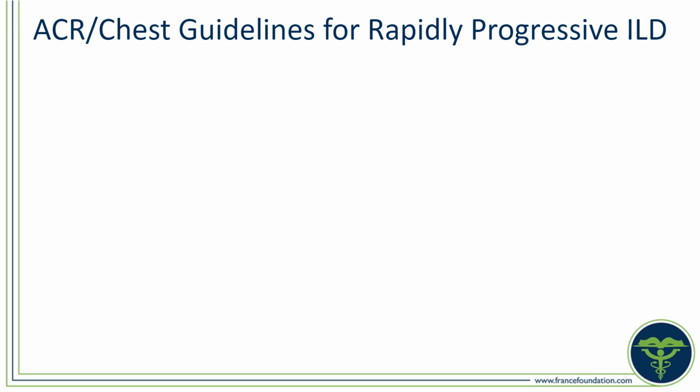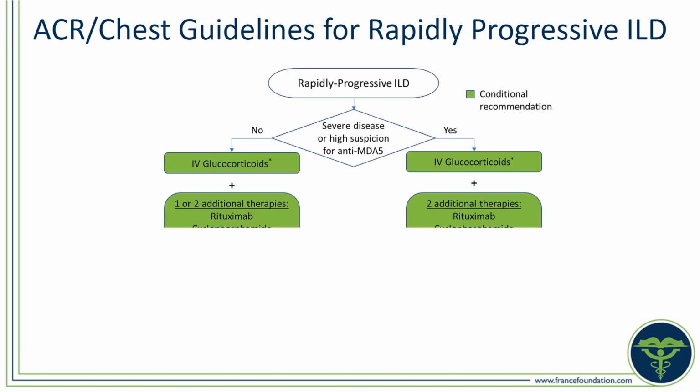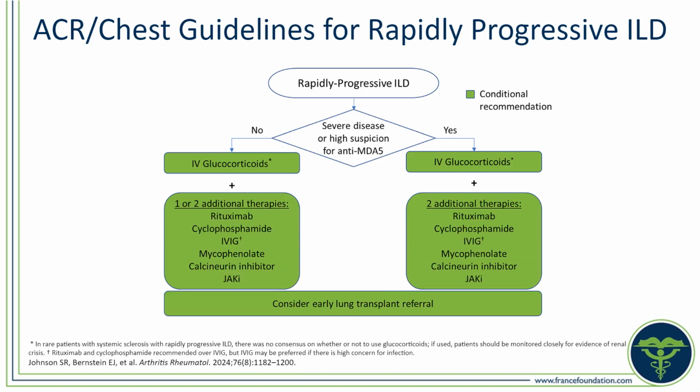Let's review the ACR chest guidelines for rapidly progressive ILD. For patients with rapidly progressive ILD, pulse intravenous methylprednisolone is indicated as a first-line treatment. For patients with SARD and rapidly progressive ILD, it's conditionally recommended that rituximab, cyclophosphamide, IVIG, mycophenolate, a calcineurin inhibitor, and a JAK inhibitor are considered as first-line treatment options. Now, rituximab and cyclophosphamide are recommended over IVIG, but IVIG may be a preferred option, especially if there's high concern